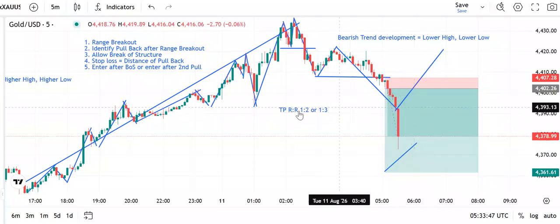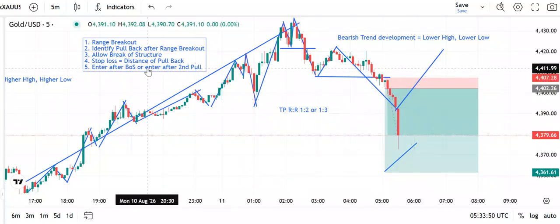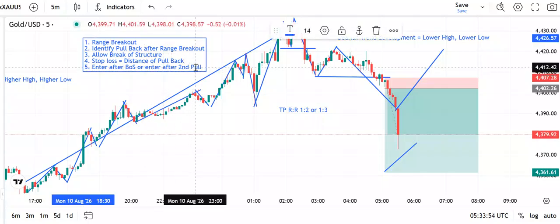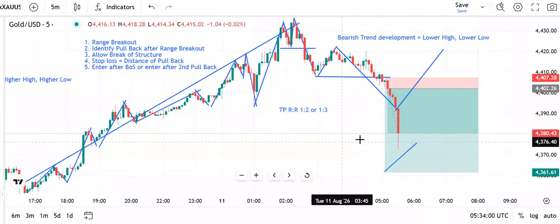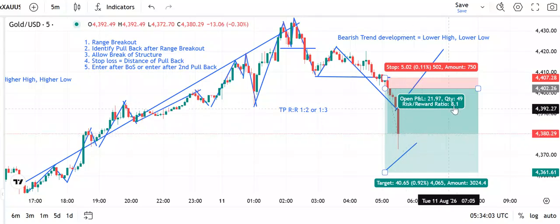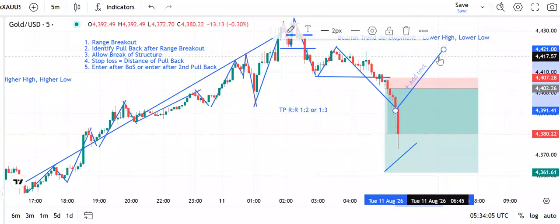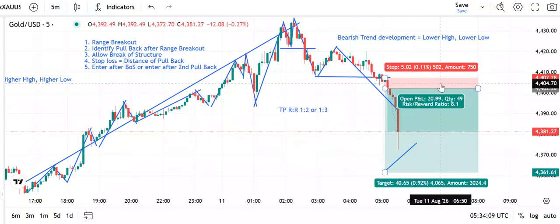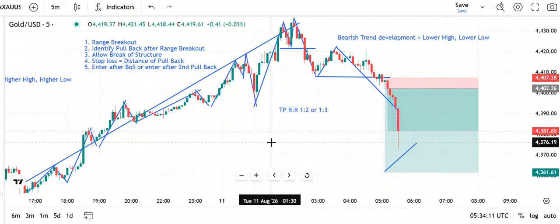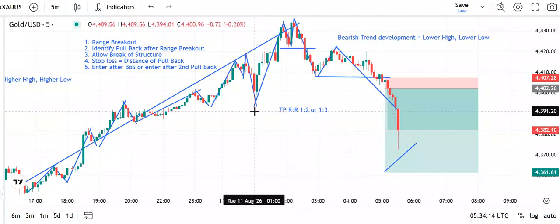Let it pull back. Now enter after break of structure or enter after second pullback. So for this particular scenario, maybe we might have our second pullback now. Possibly. Now with the explanation,